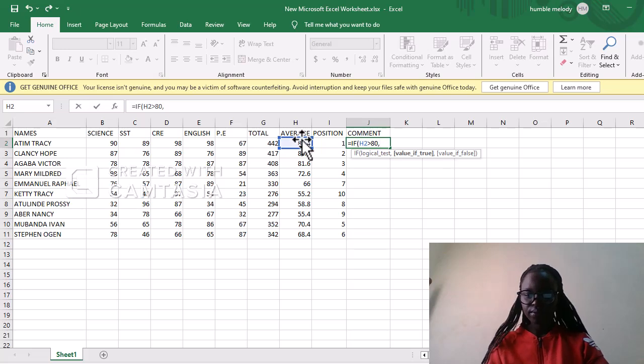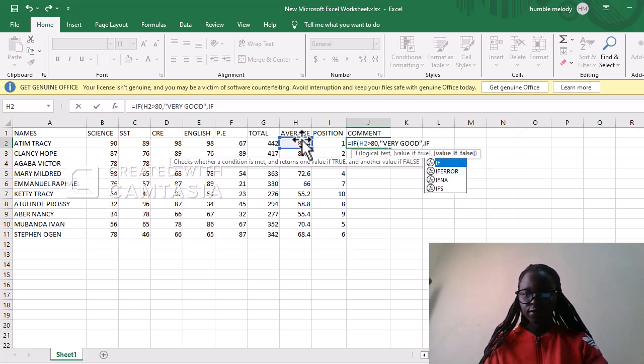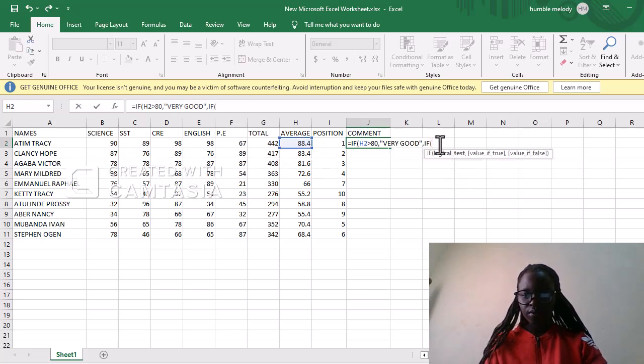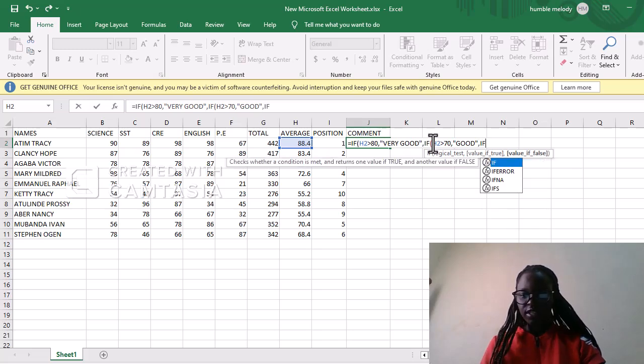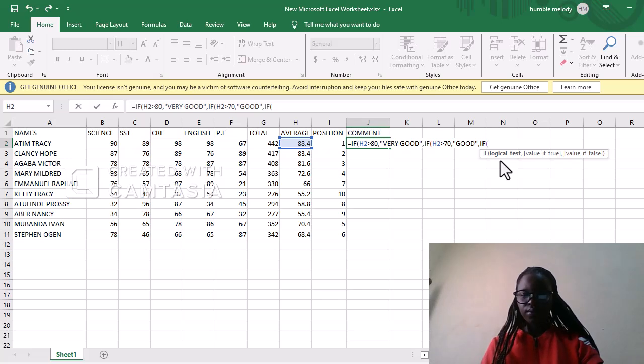then we shall say very good, comma, and if H2, let us just write it down, if H2 is greater than 70, comma, we'll say good. And continue. If H2 is greater than 60,